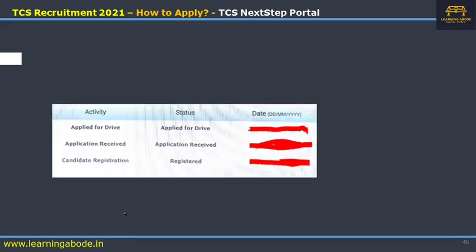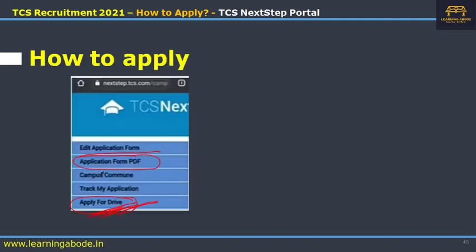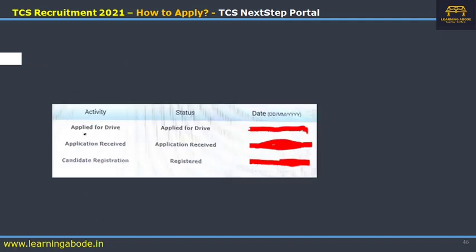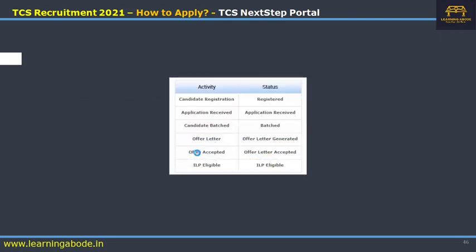Once you click on apply for drive and then click on track my application, it will show applied for drive. The status should be applied for drive, and it will also mostly show the date and the various stages: when you registered, when the application was received, when you applied, and all that.